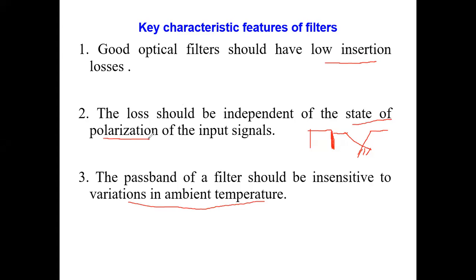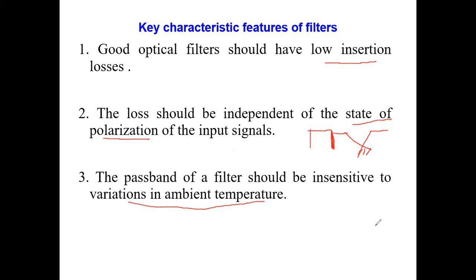But just now you have seen that if the signal is entering a particular device, if I want to add or drop a signal, I want to filter it out, there are chances that the state of polarization changes. So whatever filter I am selecting, I don't want the state of polarization to change. So the loss should be independent of the state of polarization of the input signal.